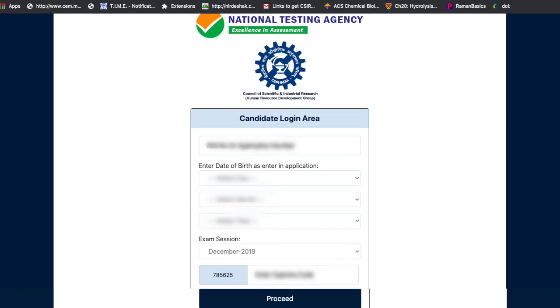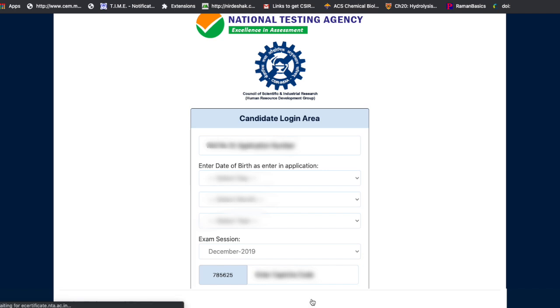Just fill your application number over here, and once you are done with the application number, just enter the date of birth. Now the details which I'm going to provide now do not belong to me, they belong to someone else, so I cannot share all those things. So I'll be just blurring up the things and I'll be doing this really fast. All right, I'll be just showing you what is the next process then. Now once you have filled all the details, you have to proceed now.